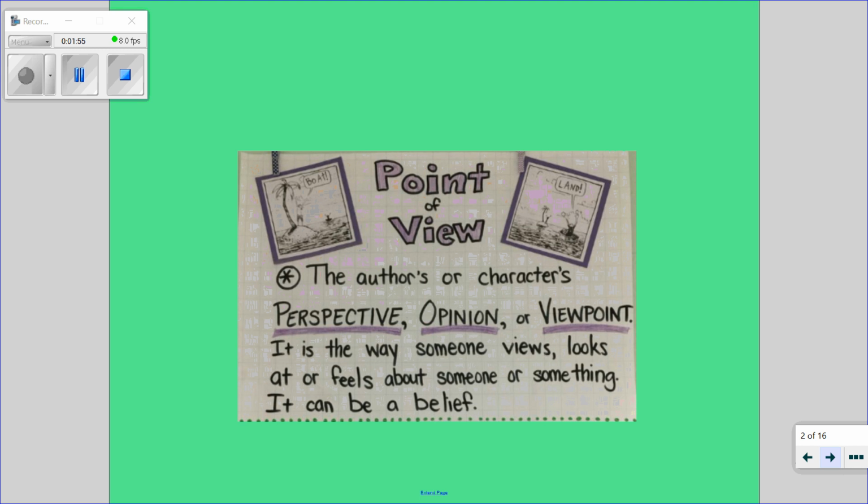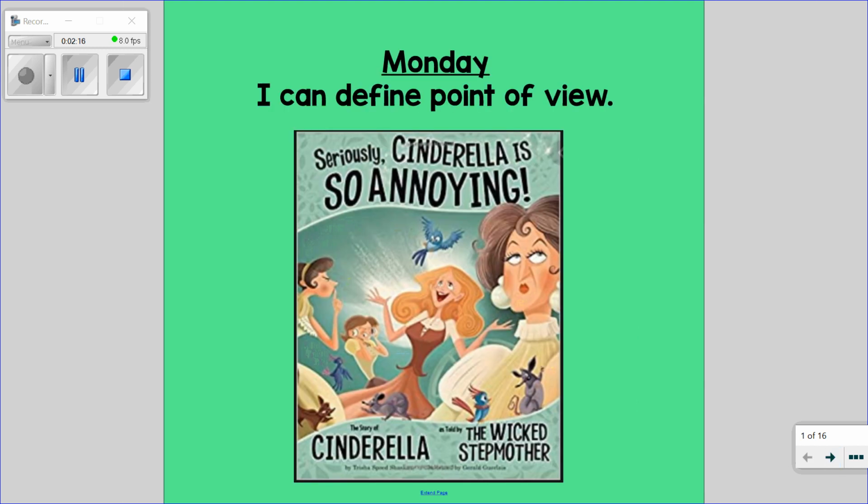When you have seen the movie or listened to the story of Cinderella, you know that in the classic original fairy tale, Cinderella's stepmother was absolutely a horrible person, and she treated her so much differently than she did the stepsisters. But as we are thinking about our mentor text for this week, the stepmother has a completely different point of view. She sees Cinderella as annoying or the problem. And so they are telling the story differently based on how they feel about the situation.